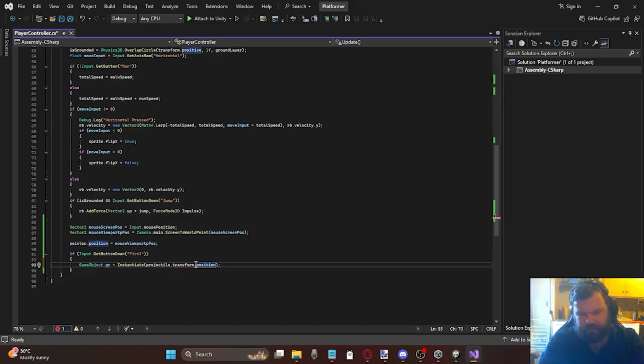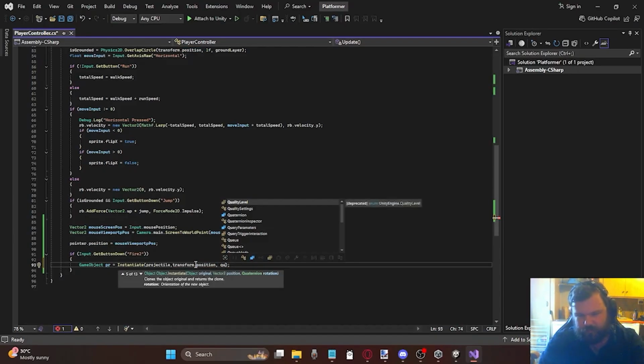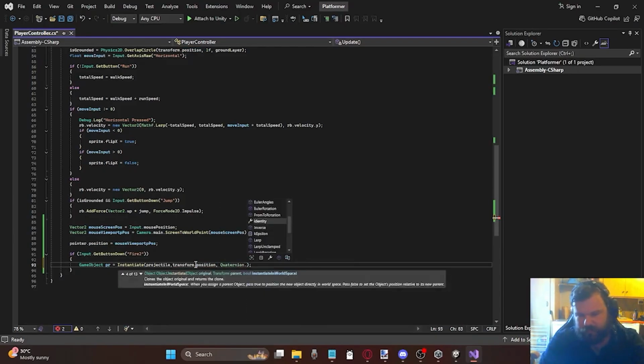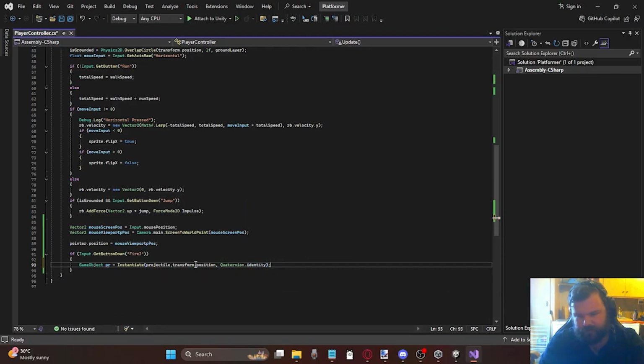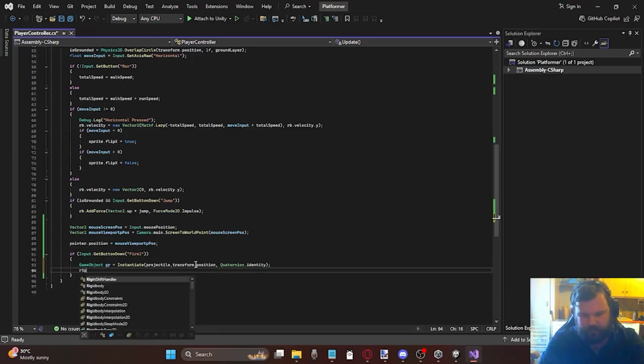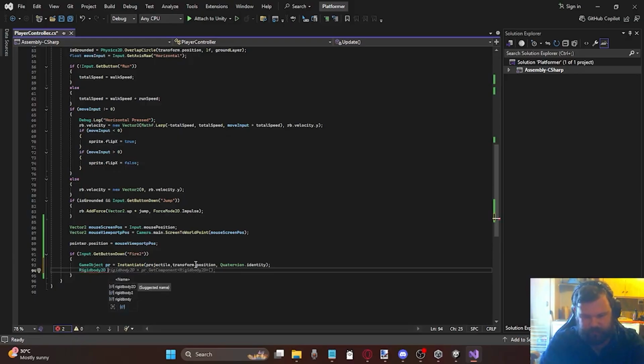Why is that not accepted? Quaternion.identity, right? And then rigidbody 2D, RB, and then